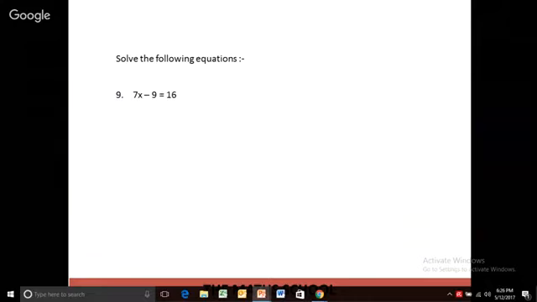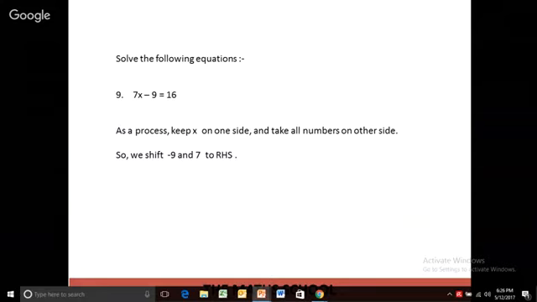7x minus 9 is equal to 16. Again, we will retain x on one side, x terms on one side. So 7x will be retained on the left hand side. Minus 9 will go to right hand side. So it will become 7x is equal to 16 plus 9. 9 will change its sign when it goes to right hand side. So 7x is equal to 25. X is equal to 25 upon 7